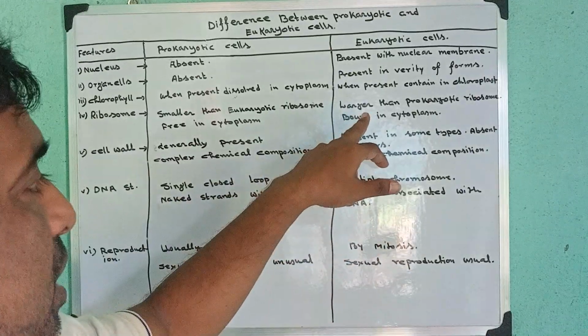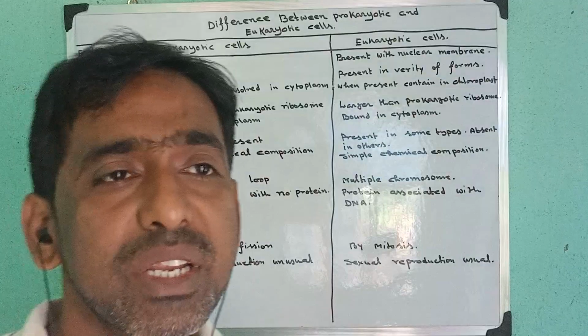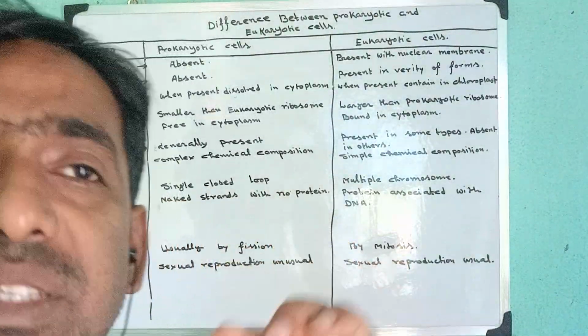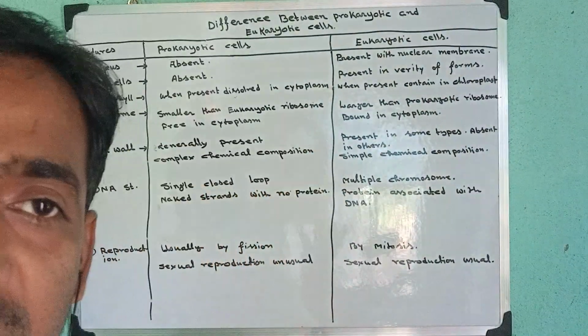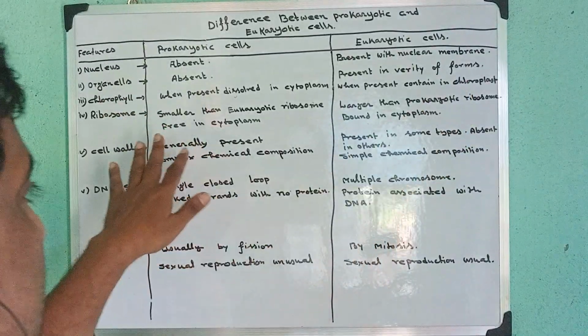But in the eukaryotic cell, the chlorophyll is present in the chloroplast. They are present only in the structure of the chloroplast. Okay. Next,